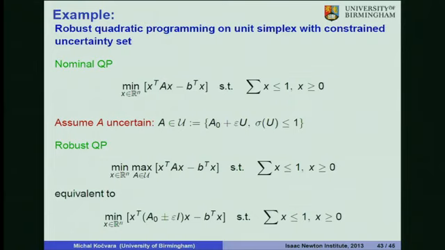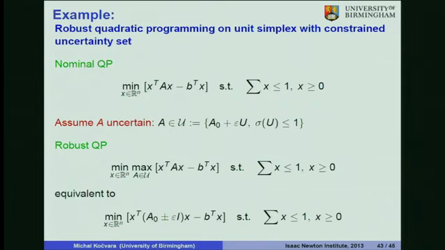This is kind of an artificial example of robust quadratic programming on the unit simplex, and I don't have an application for that, so take it as an academic example. Okay, I have a quadratic program on the unit simplex, and what I assume is that